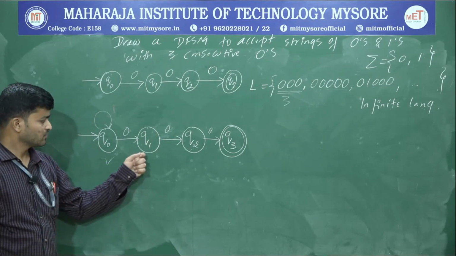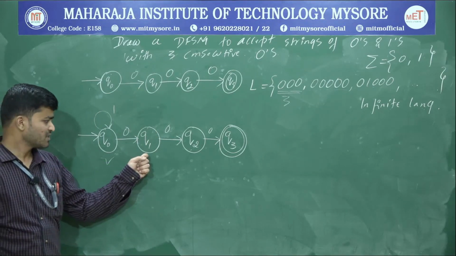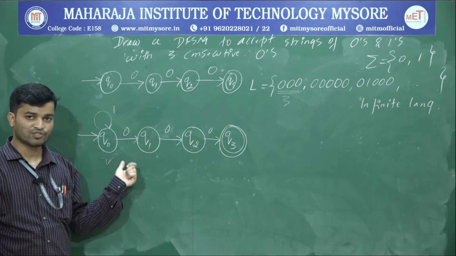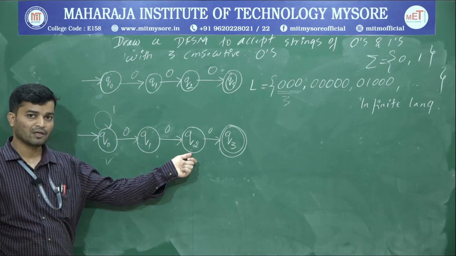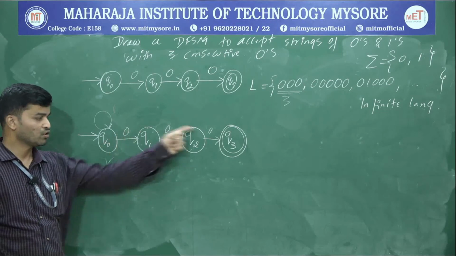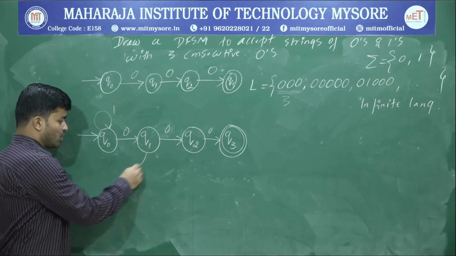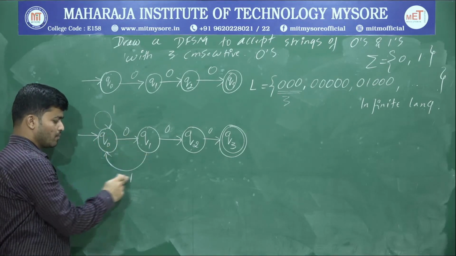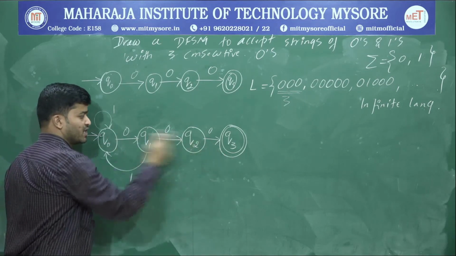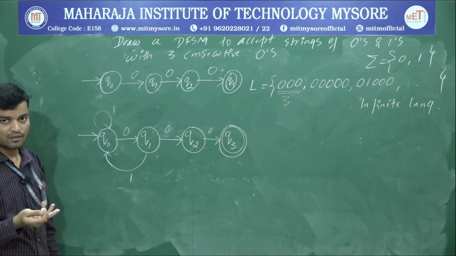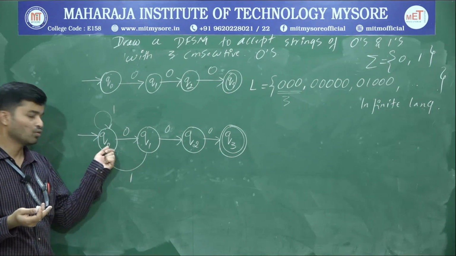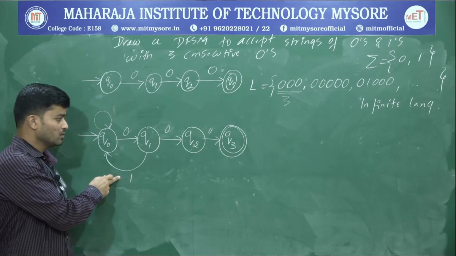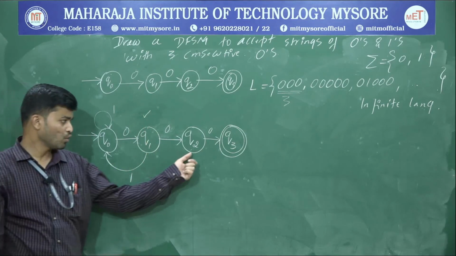If loop is not a valid option, then I have to connect with the next immediate state. Just observe, they have 2 next nearest states. If I connect somewhere, I'll get 3 zeros. If I connect here, I'll not get 3 zeros upon 1. Okay, but if I connect here, I'll get 3 consecutive zeros. Therefore, Q1 upon 1, you connect with Q0. n number of ones, 1 0, again 1 1, and before going to the accepting state, it will accept 3 consecutive zeros. Okay, so connecting Q1 upon 1 to Q0 is a valid option. So now if you observe Q1, there is a path for 0 and there is a path for 1. Therefore, this is also valid. Q1 is also over.